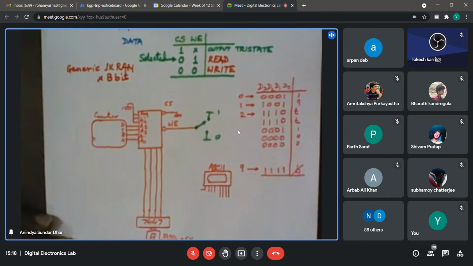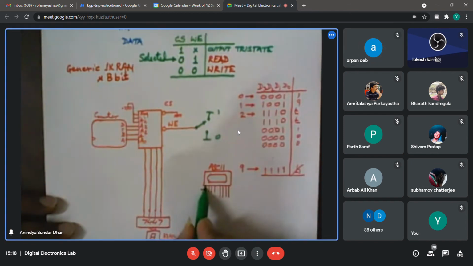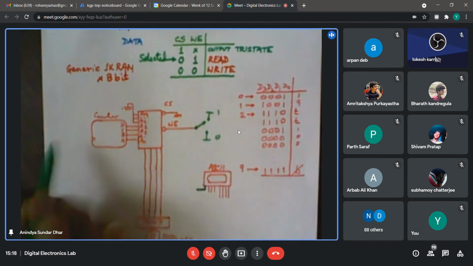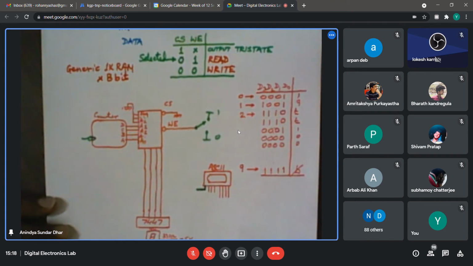Sir, the connection has to be made in such a manner that for each cycle of the counter, it takes one input, right? Don't we need some registers in between, so that there is some strobe signal? If you wish, in the lab, this hex keypad has a strobe signal, so we can directly use that strobe signal for the clock of the counter. Whenever we press a new key, after its writing, when I release that key, the counter gets advanced by 1.